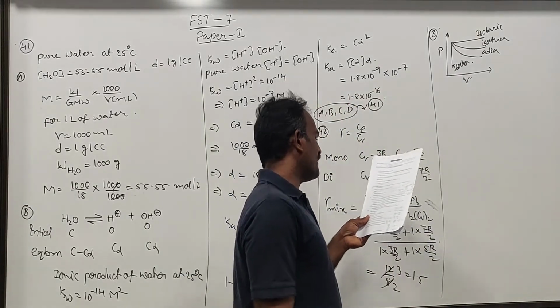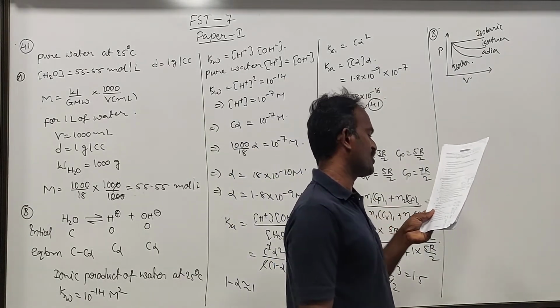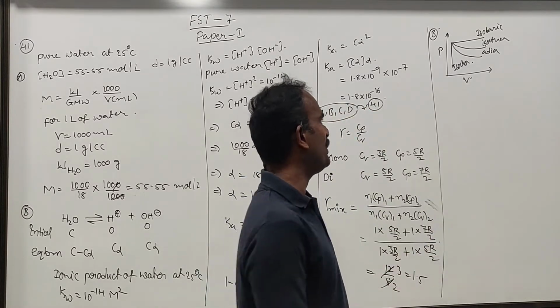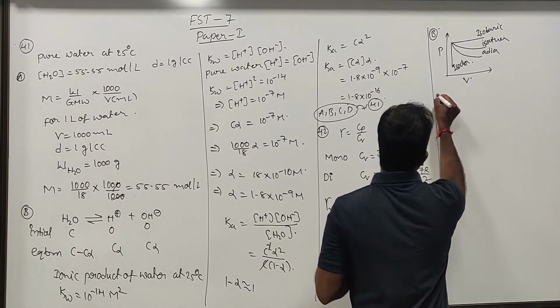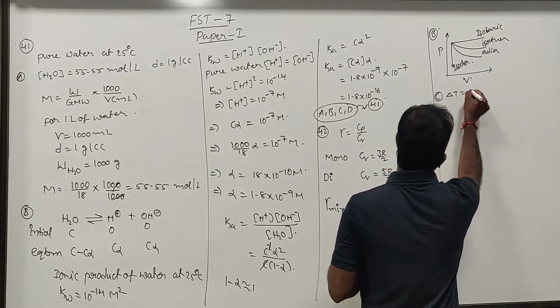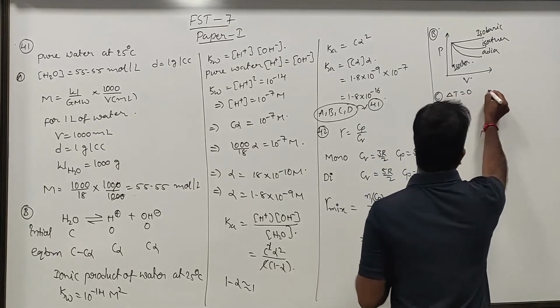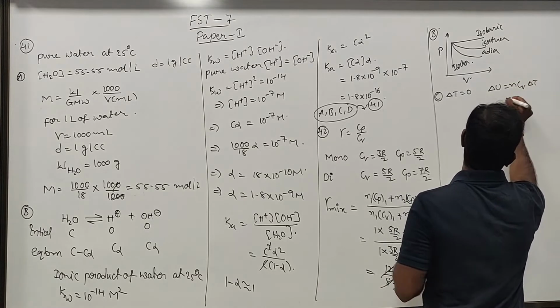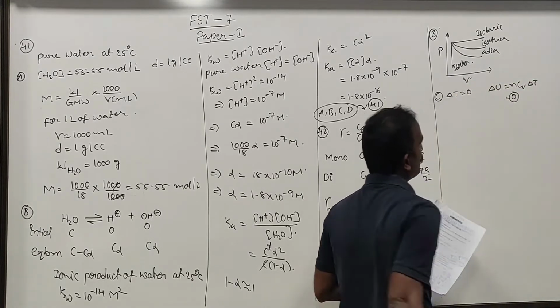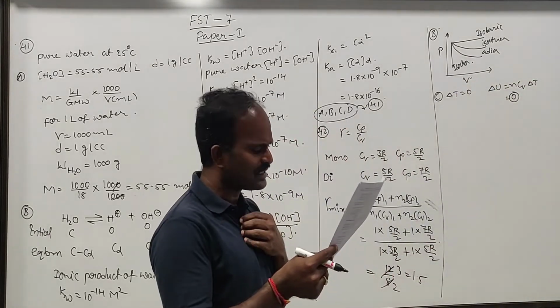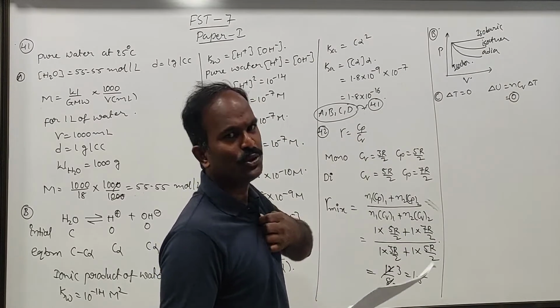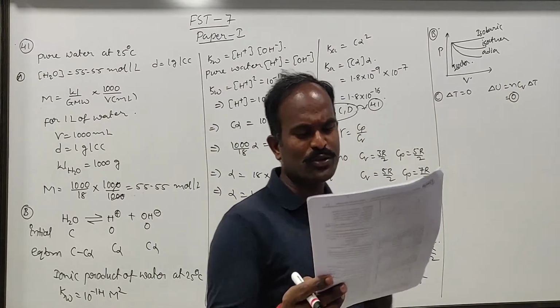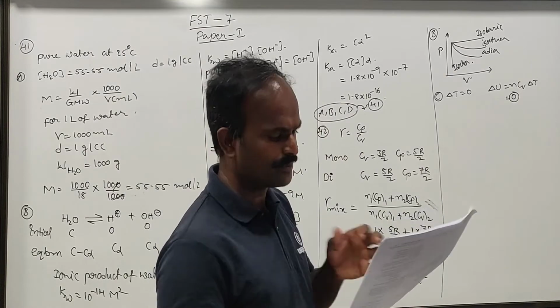The internal energy of an ideal gas does not change in the isothermal process. For an isothermal process, delta T is equal to 0. If delta T is equal to 0, delta U is equal to n Cv delta T, which implies that change in internal energy is equal to 0. That is true because during an isothermal process, there will be no change in the temperature of the system.